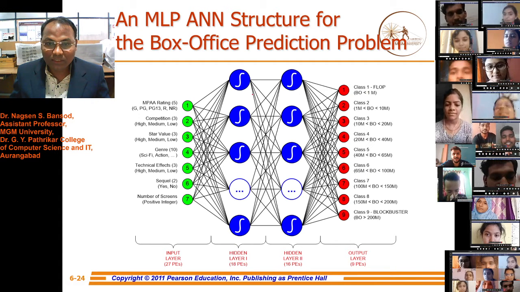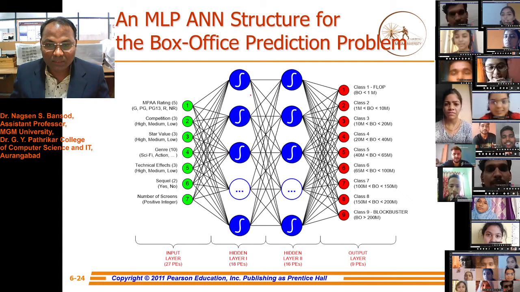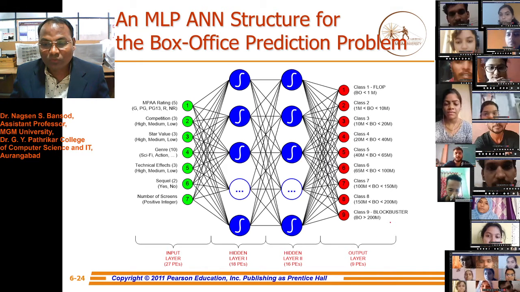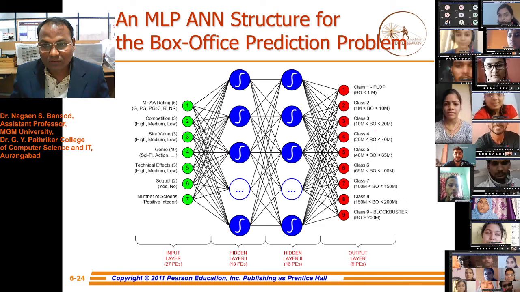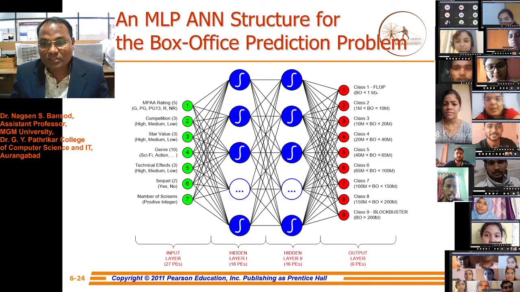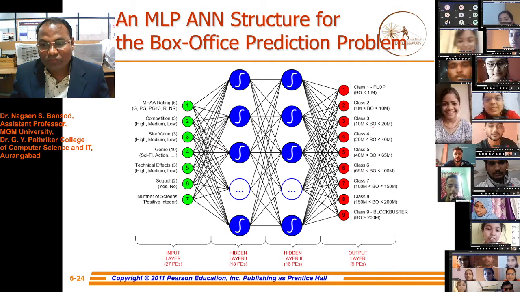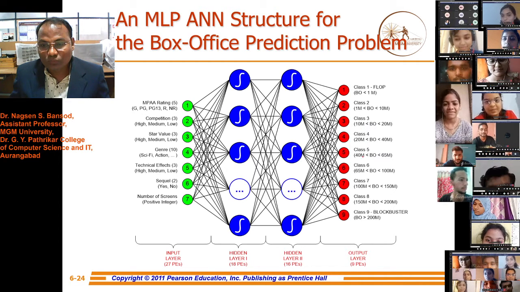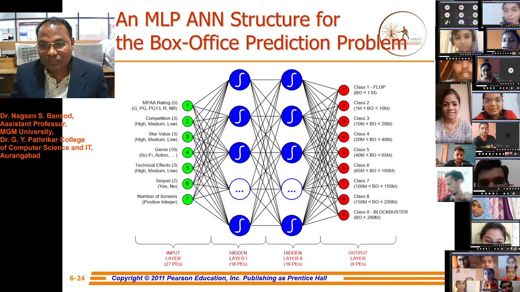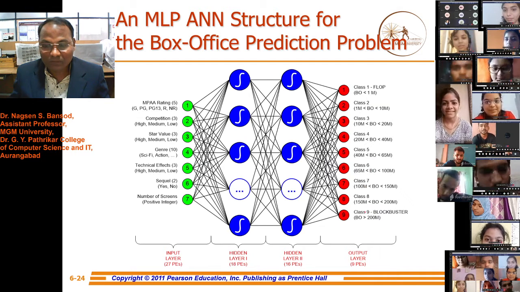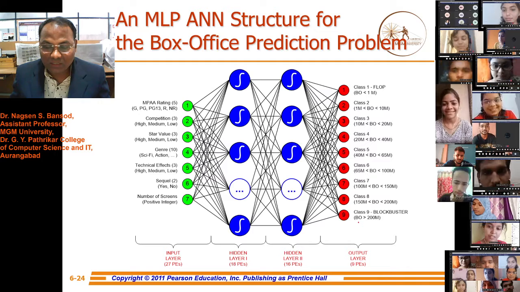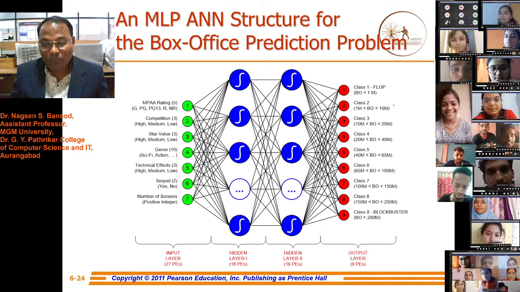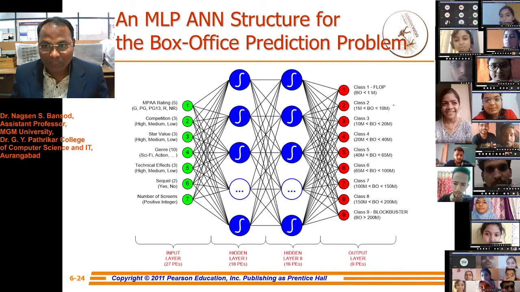If the hidden layer parameters are appropriate, then we get the blockbuster movie, like class 9. Otherwise there may be a chance of a flop movie or average movie, like class 3, class 4, class 5, class 6, class 7, class 8. If it is class 9, then it is a blockbuster and it will earn more money than a flop movie.